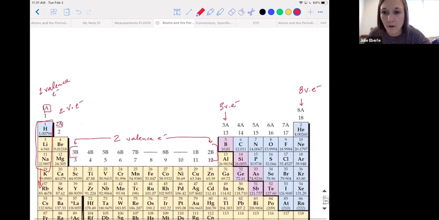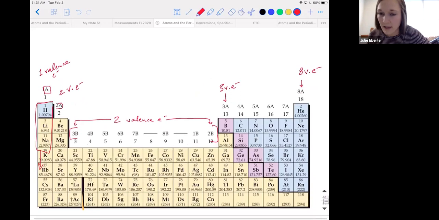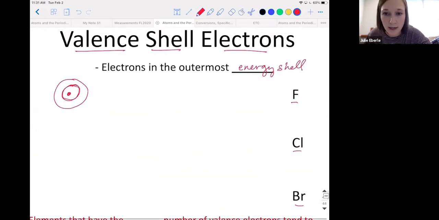Okay, questions on how you count valence electrons? So if I pointed out any element and I said, tell me how many valence electrons it has, I would want you to be able to do that. That's critical, that's key, okay? So let's go back up here to fluorine. So now that you know how to count valence, how many valence electrons does fluorine have? Seven. Thank you, Tyler. So draw those on there. 7. 1, 2, 3, 4, 5, 6, 7.